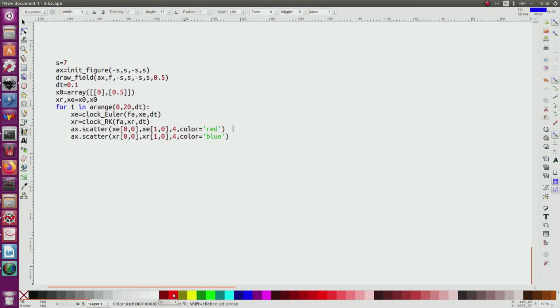Now for the third question, I will provide a comparison with the Runge-Kutta method. So here it is Euler, where the state for Euler is denoted by xe and xr for the Runge-Kutta. Both are initialized to x0, which is 0.5. For the Euler, I will draw it red. And for the Runge-Kutta, I will draw it blue. I will perform an integration for t from 0 to t max.